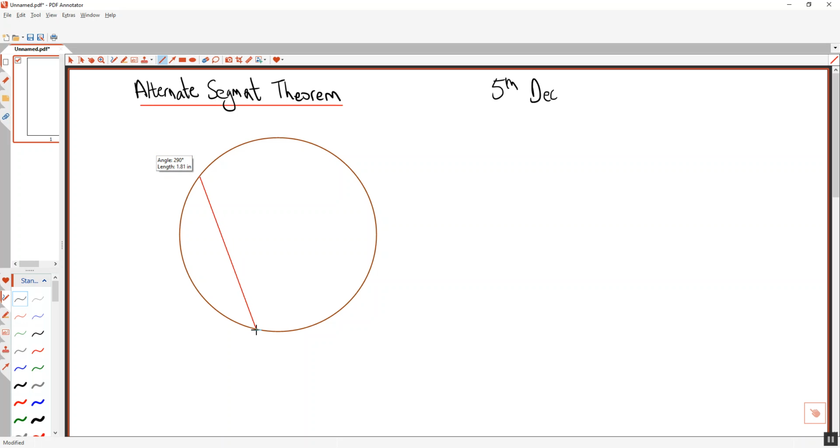Okay, this is actually better. So we've got a triangle that looks like this. And we have got a, what is this line called